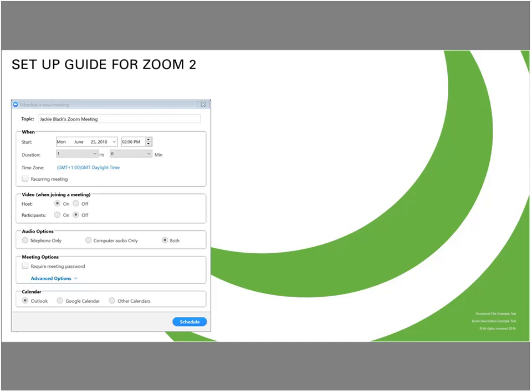You can check the time zones, obviously, if you're working internationally. And then choose, and you have control of whether the other people use the video or not. So you've got yourself on, and I've got the participants off. And of course, you've got the other options of audio and computer there. Click on to calendar to book it into your own, whichever calendar you're using, and then click schedule.